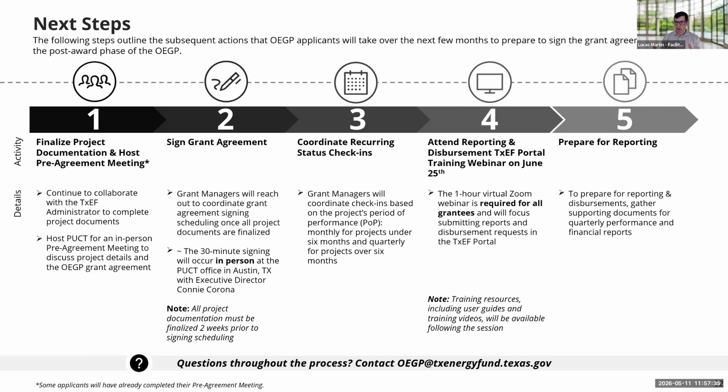After the hosting of that, do anticipate signing grant agreements happening throughout the month of May and into and through June. There'll be some coordination between you all and the grant managers to make sure the scheduling can work with you all and with the PUCT. Do note that the intention is for it to be an in-person session hosted at the PUCT office here in Austin, Texas, with Executive Director Connie Corona. Don't anticipate it being a long ceremony by any means, but it'll be a 30-minute session for the grant agreement signing. And then post execution,